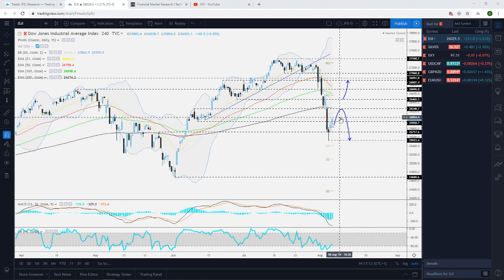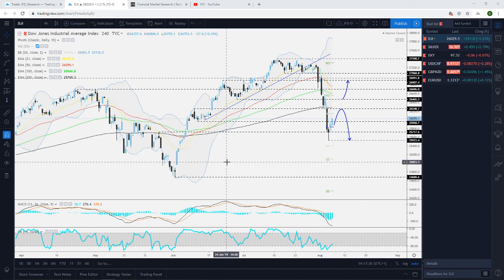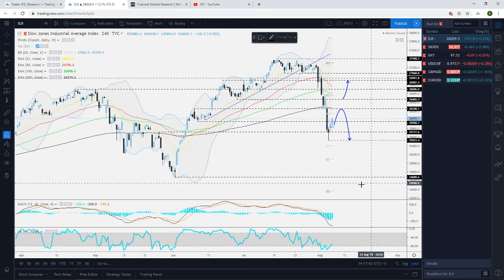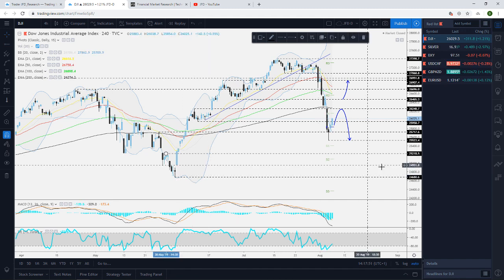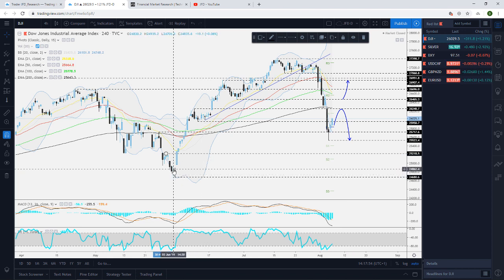At least the main scenario here is working out. So like I said, the cash index is currently moving below the 25,700 level, and the next area for us is going to be this one right here near the 25,523, which is the lowest point of this week so far, of course. But if this gets broken, then, well, we need to go hunting for a new potential area of support. So of course, one of the good ones could be near the 24,680, but that's quite a big move here. So in a way, initially what we could target here is this 25,218 zone, marked by the high